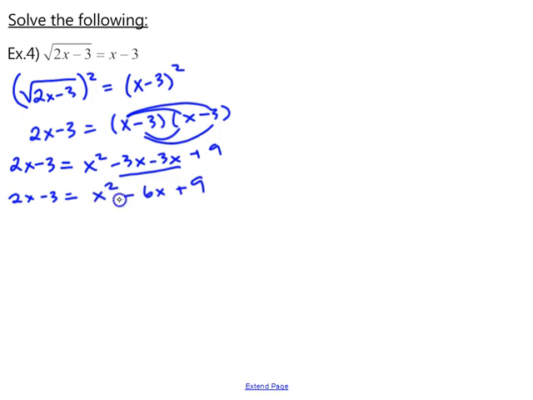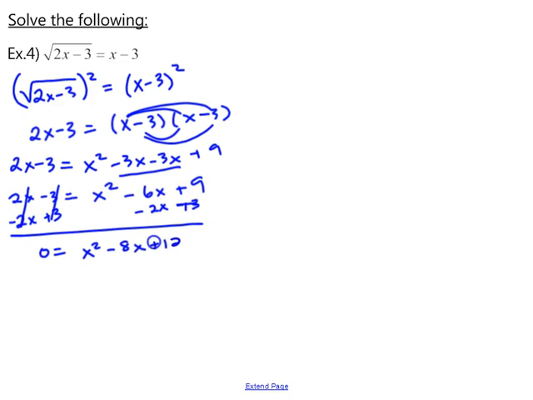So we run into a situation where now we have a quadratic. We have this x squared and x terms. In order to solve for x when you have a quadratic, we need one side to be equal to 0 and all the terms on the other side. So let's subtract the 2x from both sides, and let's add 3 to both sides. I'm going to do this in one step so that this left side cancels out to 0, and then we have x squared minus 8x